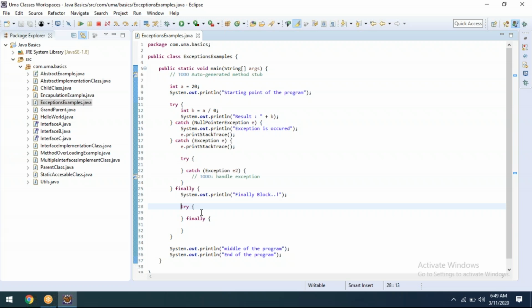The second point what I'm trying to say: first one, either try catch we can use or try finally we can use. But catch finally we are not using. And the next thing is always try has to be first. If you go for try catch, if you go for try finally, always you have to put try as the first one, remaining thing as the second. That is how we need to understand.